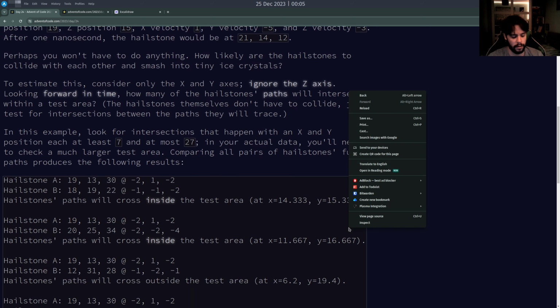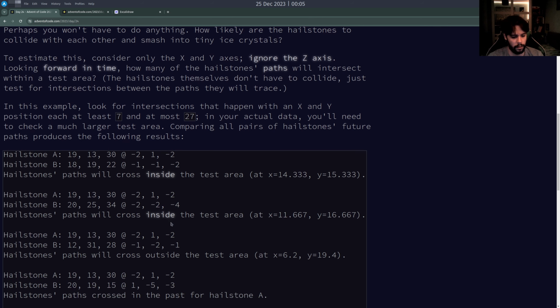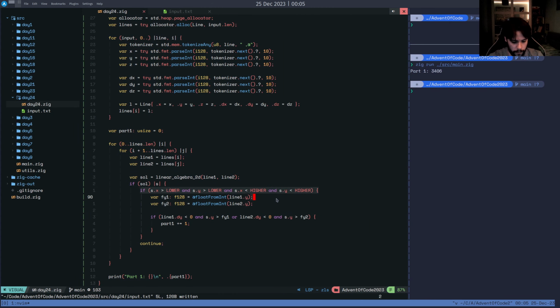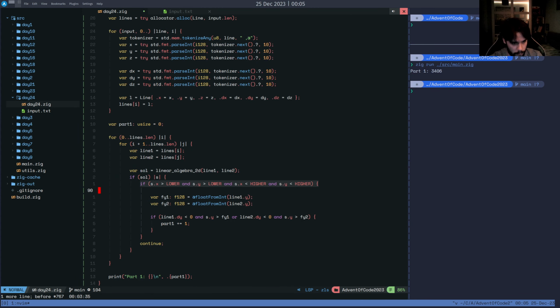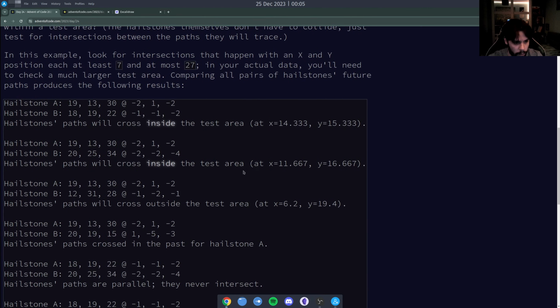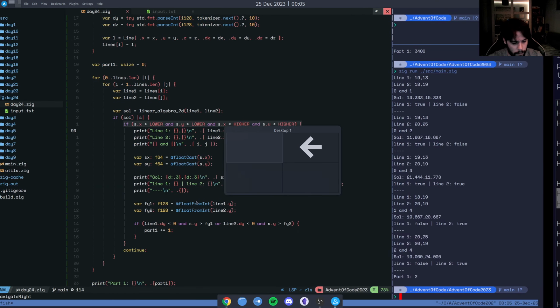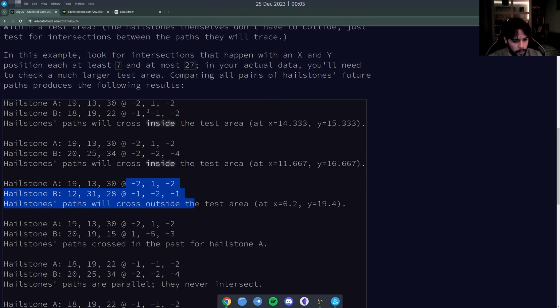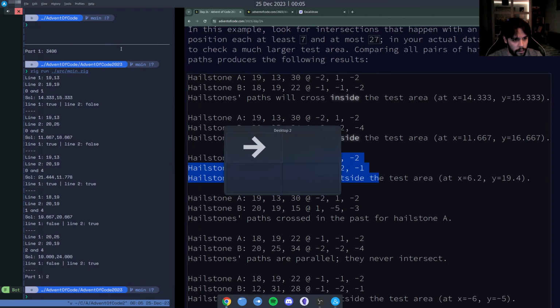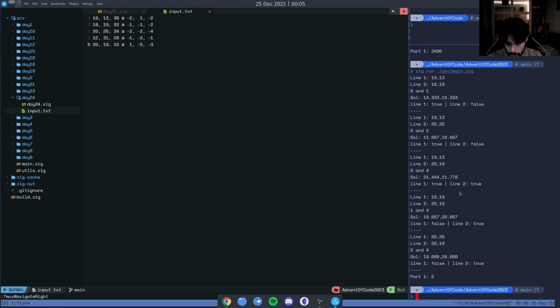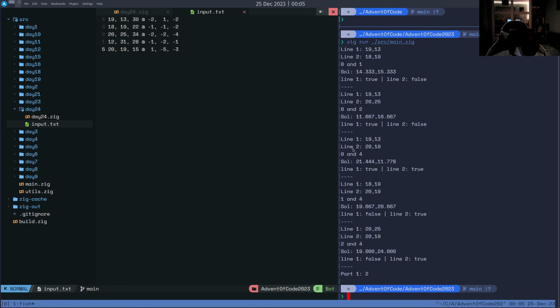These cross inside the test area. These crossed outside. These crossed in the past. So 0 and 4. Which is 19 and 20. This one crossed in the past. So here,